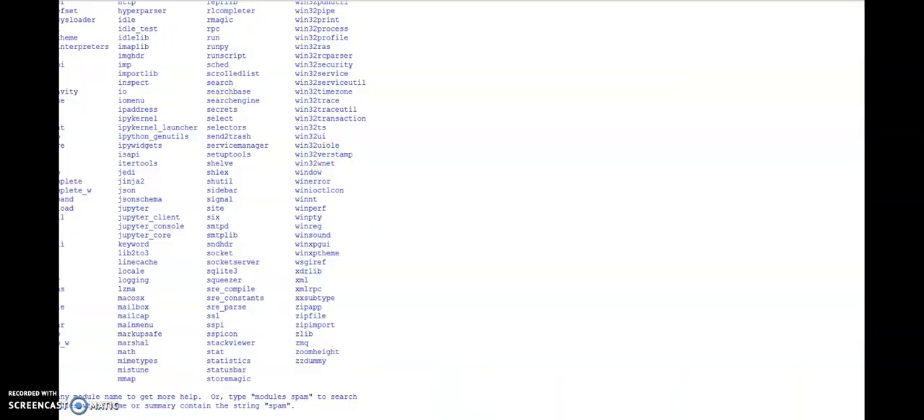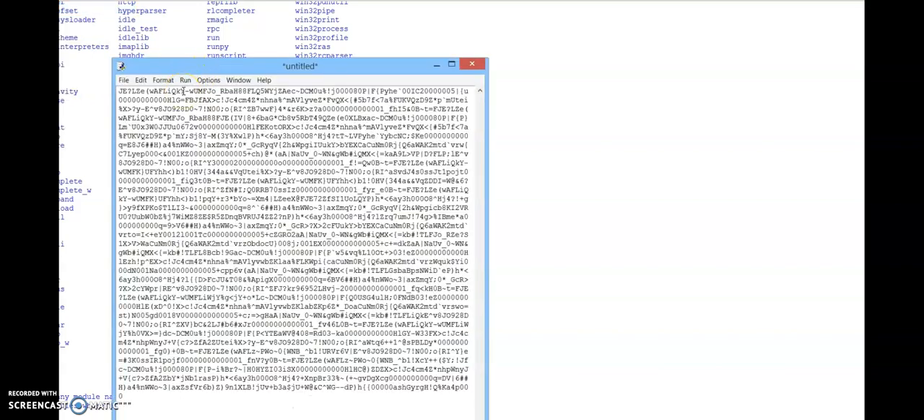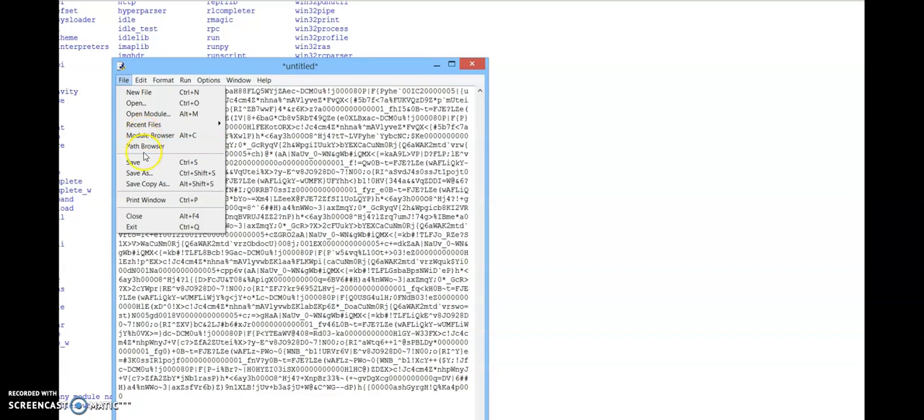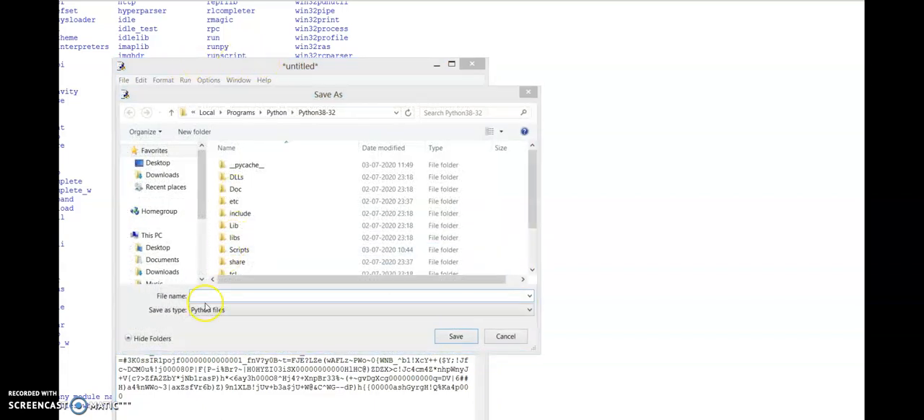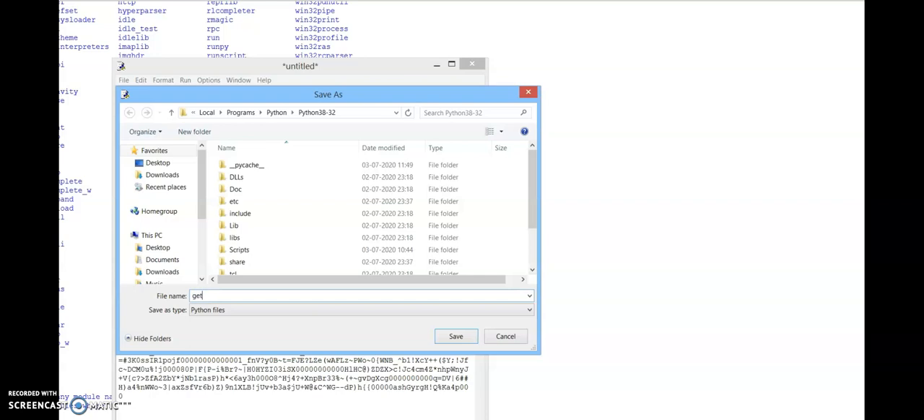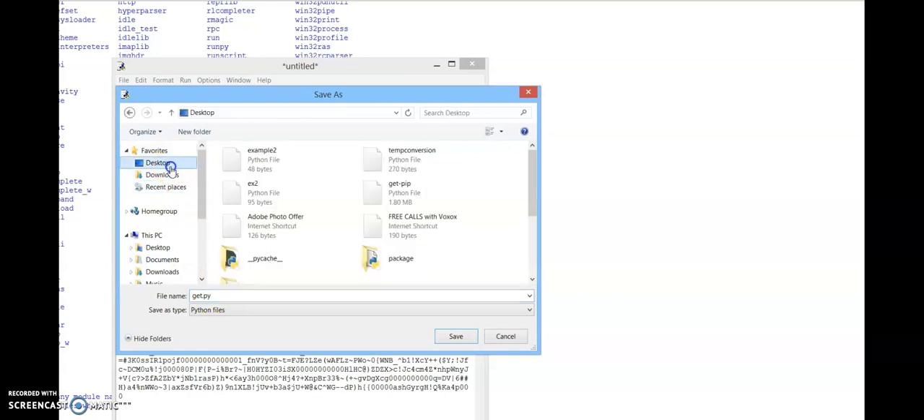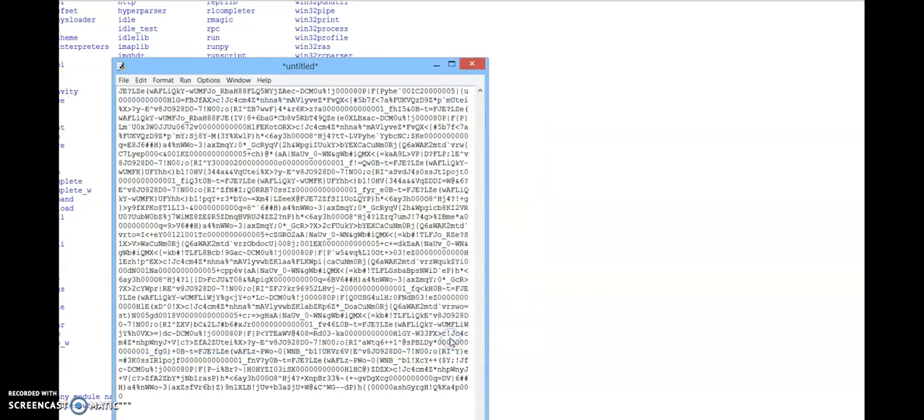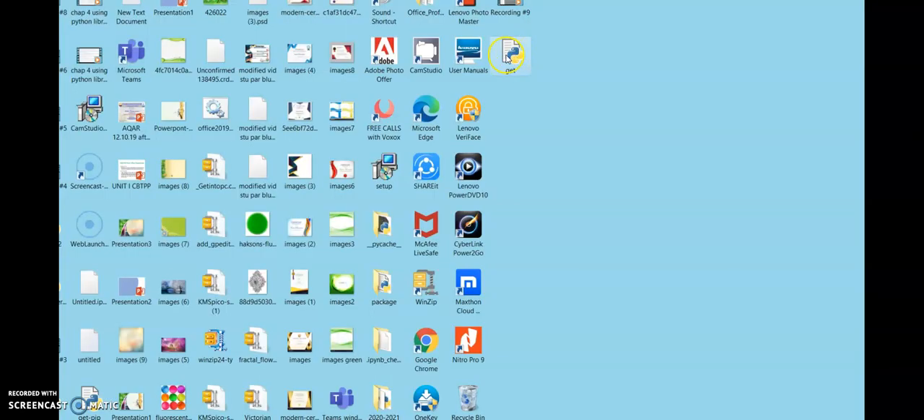For example, I am opening the Scripts folder. Under the Scripts folder, you have to create a new file and paste whatever you have copied, then save it. You can give any name, but it should have the .py extension. I am saving this file as get.py. See here, I have copied that code and saved it in get.py. Then after saving it, I have to execute this file in the